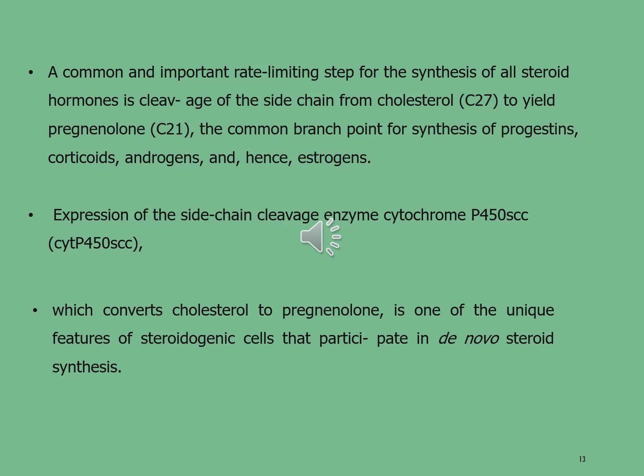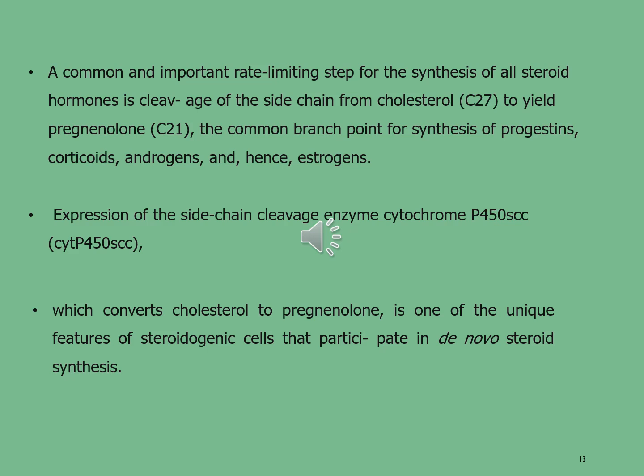Means first of all, pregnenolone is synthesized from the cholesterol molecule by the cleavage of the side chain of cholesterol, and after that all other hormones, that are progestins, corticoids, androgens and estrogens, are derived or synthesized from pregnenolone,